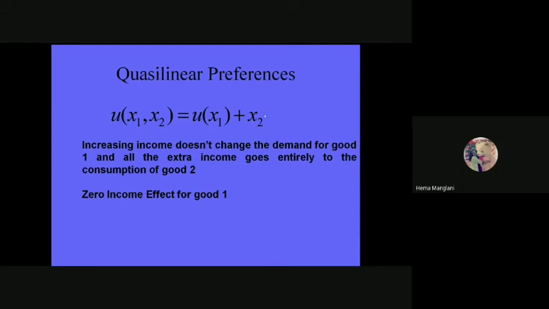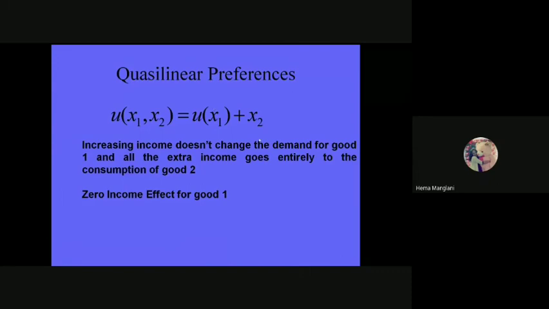In other words, I can describe this particular function like this: x2 would now be a function of x1. The reason behind it is whatever you spend at the initial stage on this particular commodity, that would be final and constant. So whatever you spend on it, that is the last one. But then further, whatever income is remaining, that you will be spending on this x2.